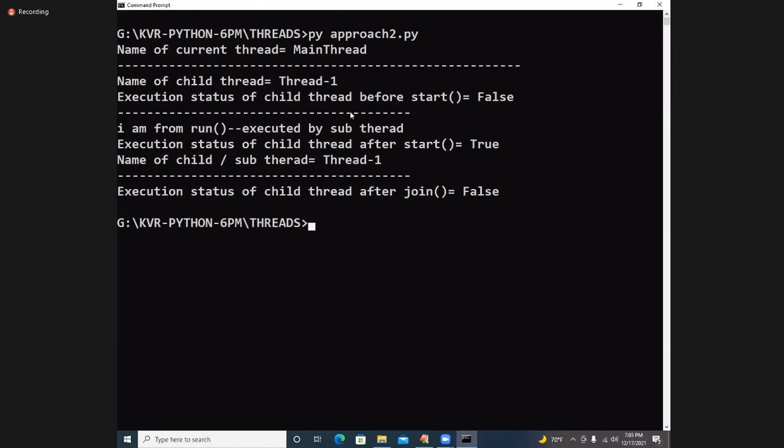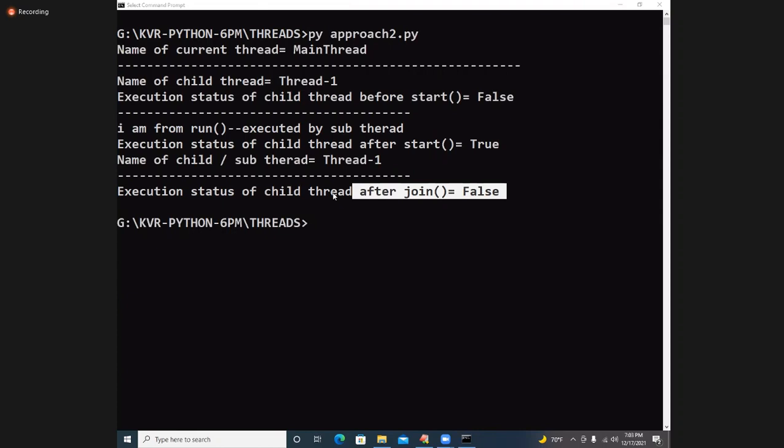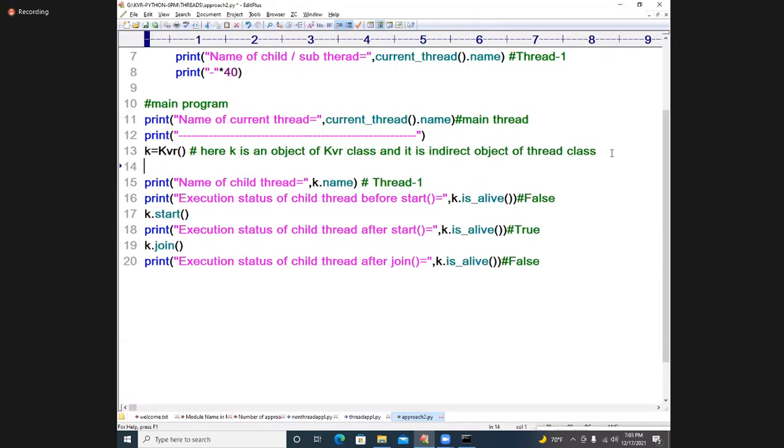Child thread name, default name, starting with this run method. True. Test printed. Join false. You want to set your own name? Yes, I am interested to set my own name. How do you set your own name? K dot name is equal to